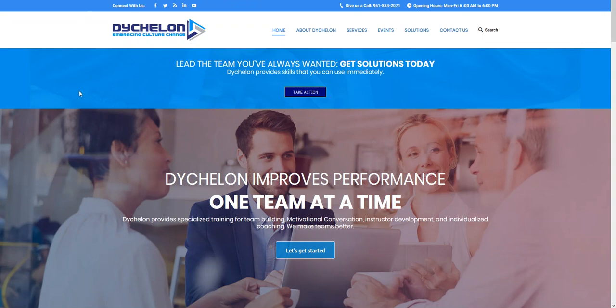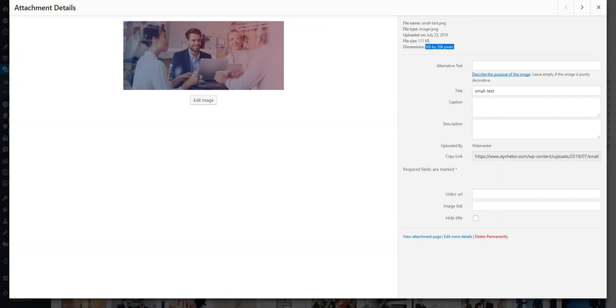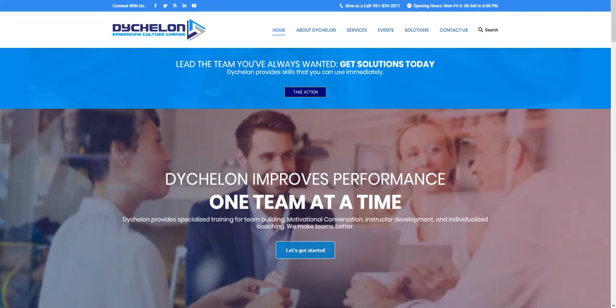Okay, I'm just going to refresh the page now. Okay, so we went from a very nice clear image to a very pixelated and blurry image. That's because the screen is trying to show the image all the way from the left side of the browser to the right side of the browser, when in actuality the image is so small it doesn't even span 1/4 of that width. So it's stretching that image across the screen, and by stretching it,